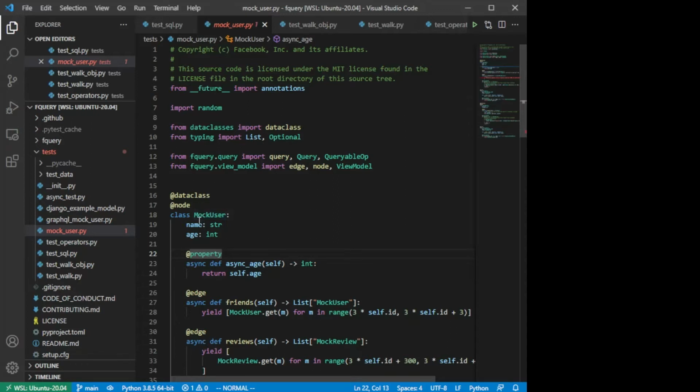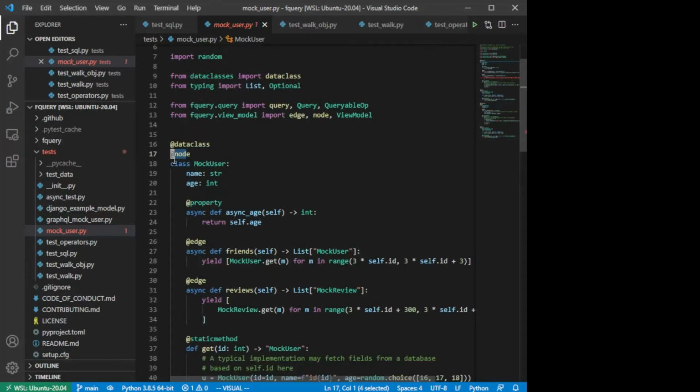It allows you to define a user who has two attributes. Name is a string, age is an integer. So this is all standard Python. But then what I've done here is I've created a decorator @node, and what this @node does is behind the scenes it generates all the glue code needed to connect this object to a database. In other words, the code generation is happening in this case, but it's happening behind the scenes without you noticing it. There is no generated file. The code generator runs when you run this code, right? So that's the benefit of this technique.